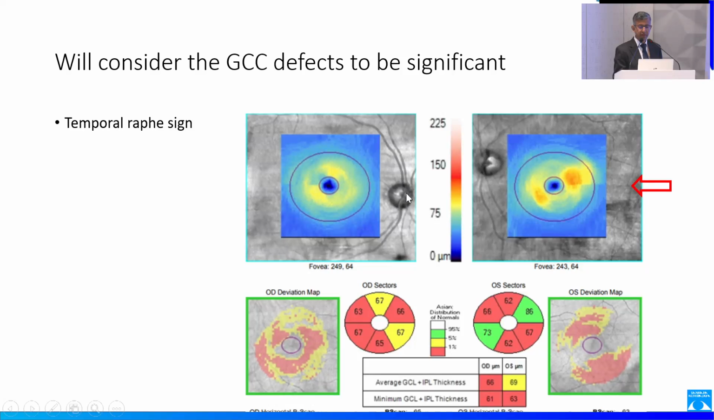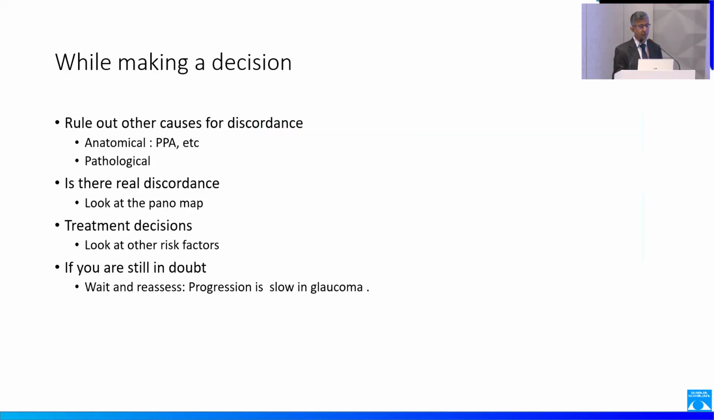But what's important here is this temporal raphe sign. If you see this abrupt sort of cutoff on a GCC, that is usually indicative of glaucomatous damage because you're seeing a hemifield difference between both hemifields, and this is fairly typical for glaucoma. So when you make